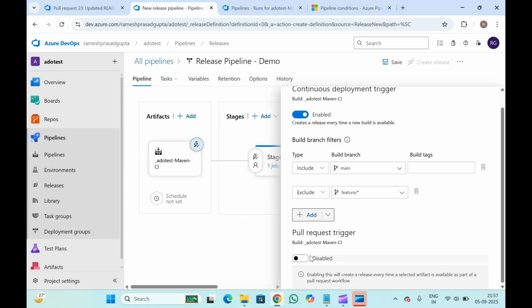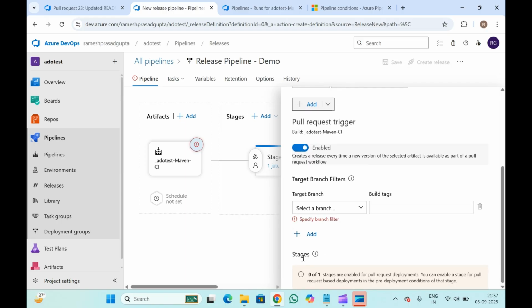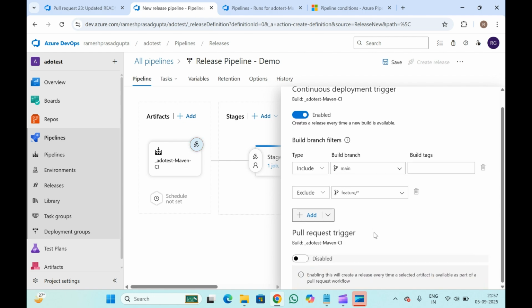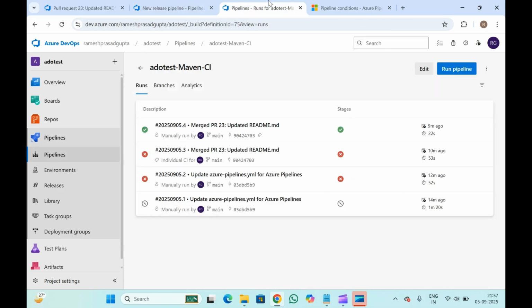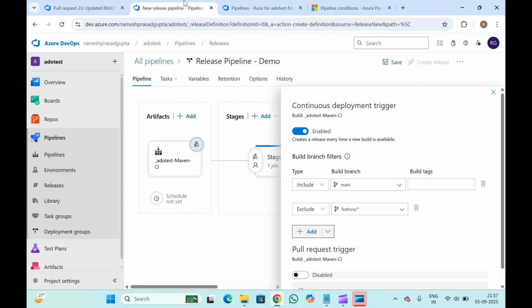Like this you can enable the pull request trigger as well. So whenever you create a pull request workflow, this pipeline can be triggered. Let's disable it because we don't need that. We just need this continuous deployment trigger, so that whenever this build pipeline is complete, this release pipeline should trigger automatically and deploy our artifact in the stages which we will be creating. Let's close it